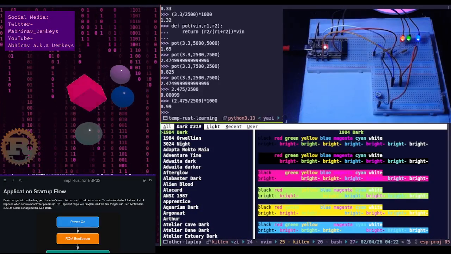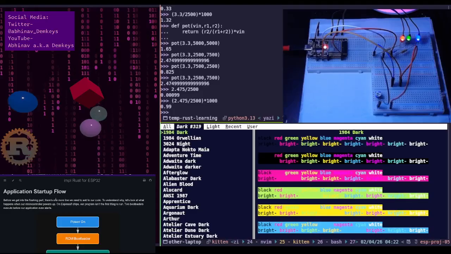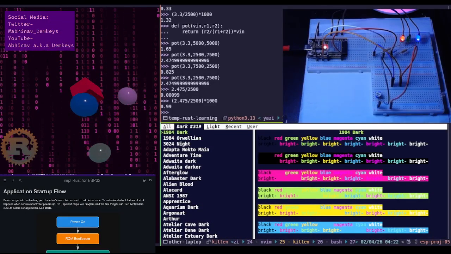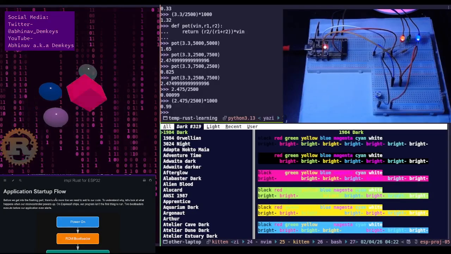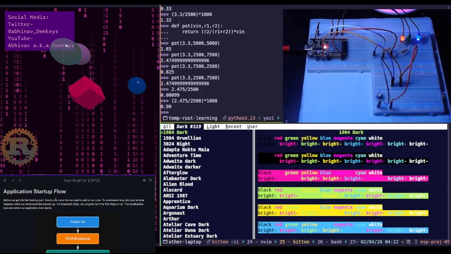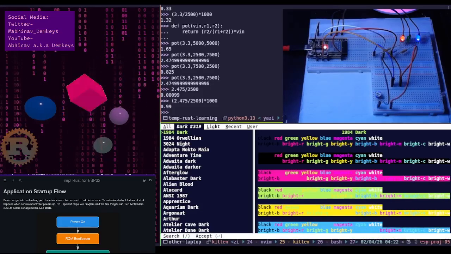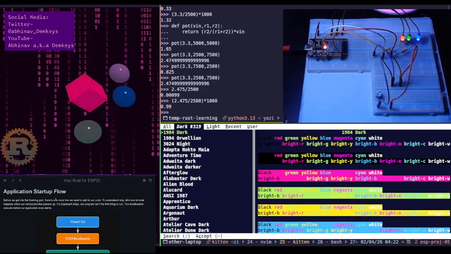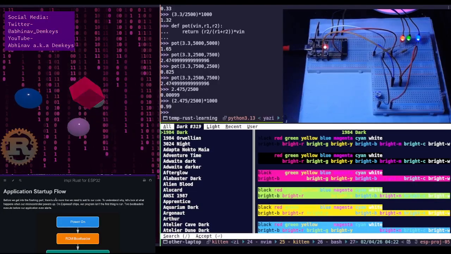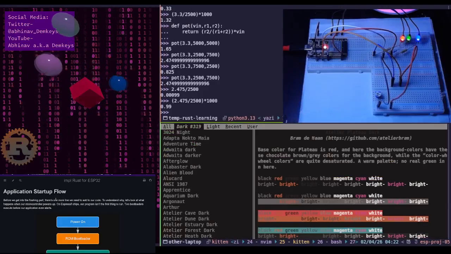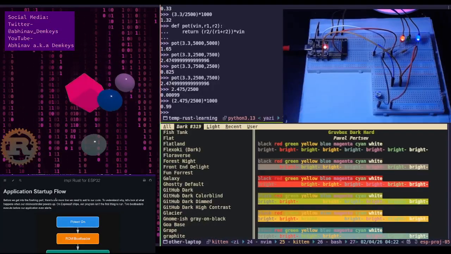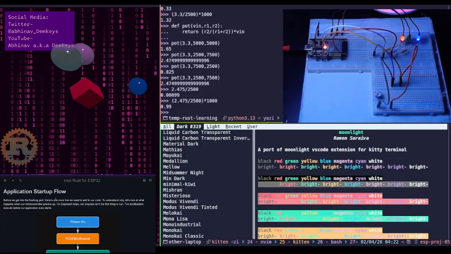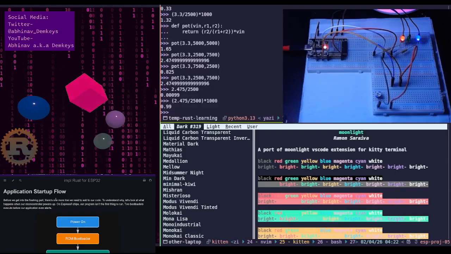Hold on. Why is it not letting me search? It should be accepting the, hold on. What if I do it from here? Oh, okay. No, from here also it doesn't work. It says search is slash, which usually works. So you can search for a specific theme in this very, very long list, but for some reason it's not working here. I feel like that has to do with me being within Tmux. I'm not sure. Either way,